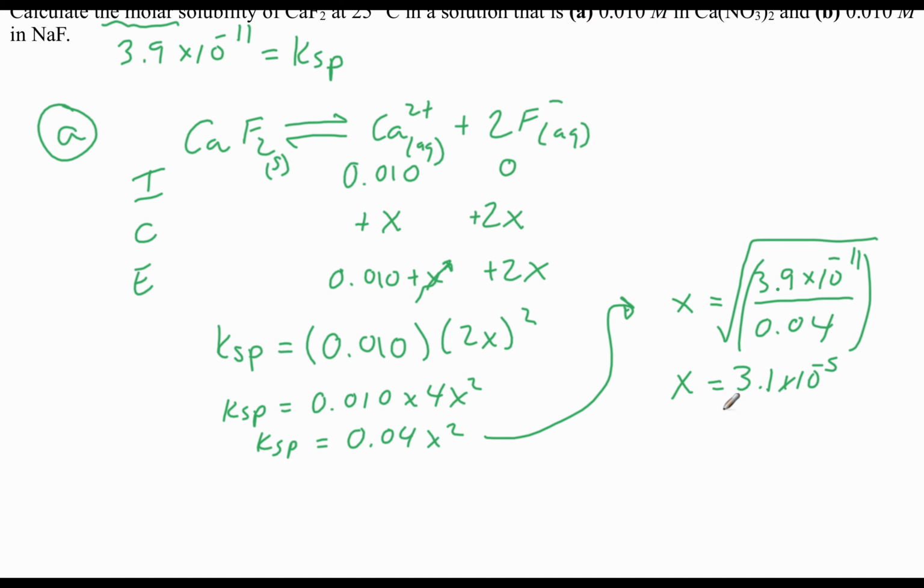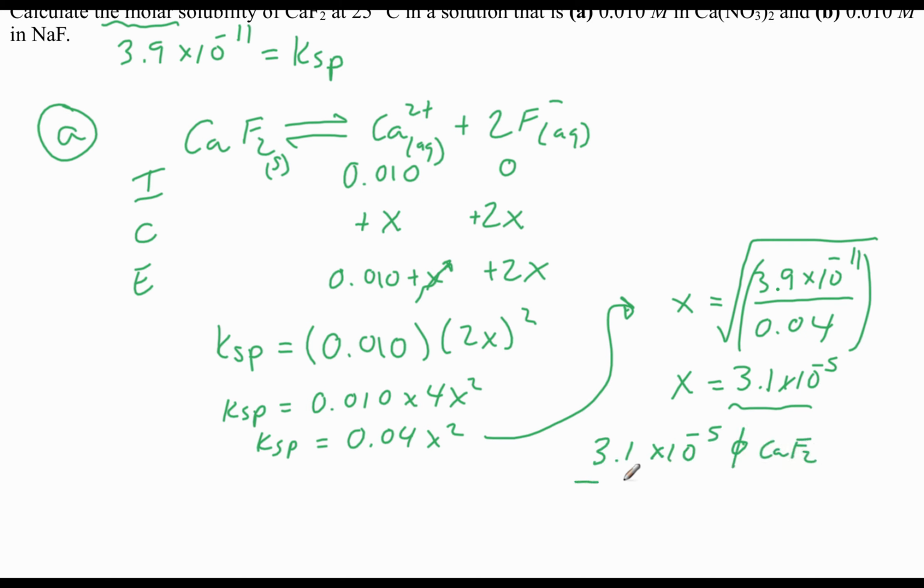So what does this tell me? Well, that's my x value. Again, going back to the stoichiometry, if you think about it, this really went down by x because the coefficient is 1 here and it's 1 here. So if this went up by x, the value of this, the molar solubility, is just this value right here. I would expect it to be 3.1 times 10 to the negative 5th moles of